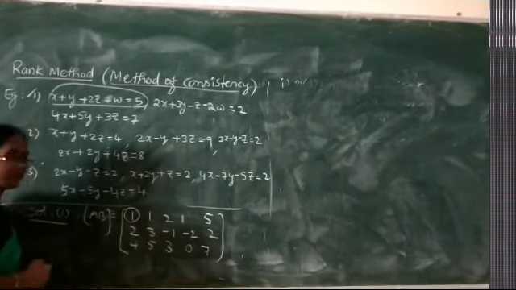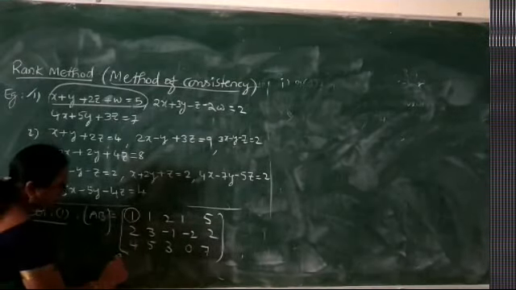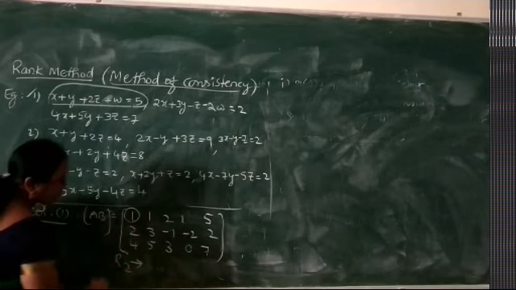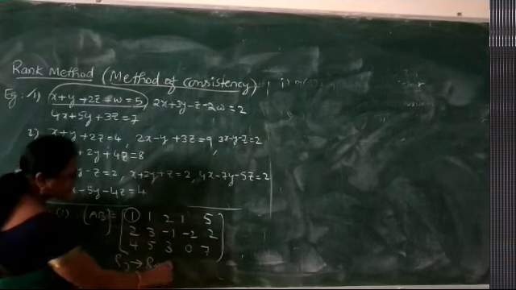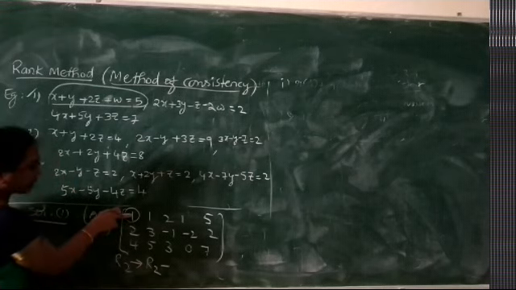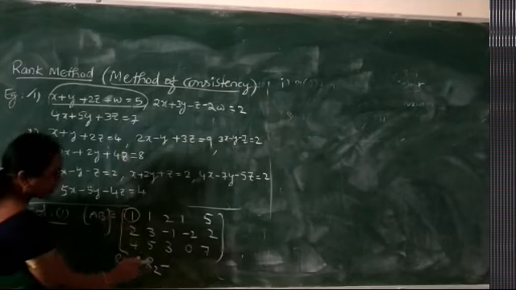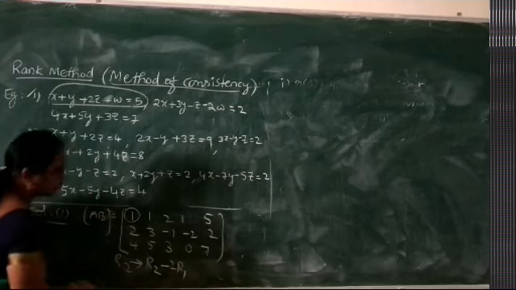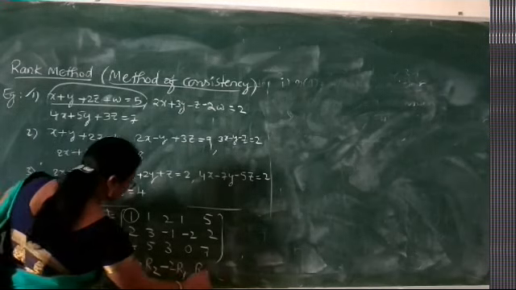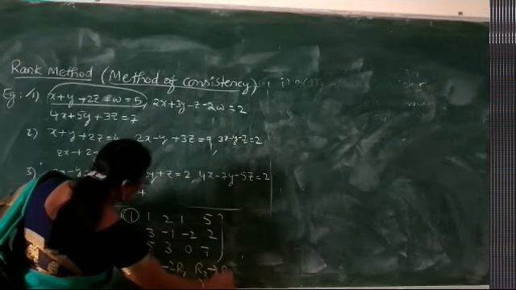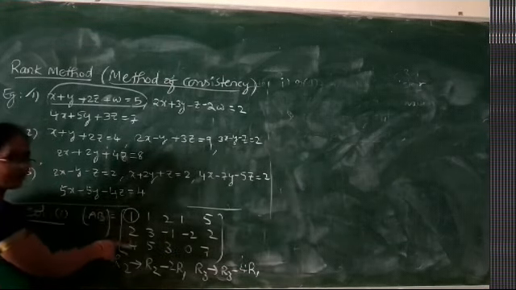So the first pivot is 1 here and non-zero. Using this one, let us make these 2 and 4 zeros. To make this 2 zero, R2 implies, we keep this 2 as it is, so R2 is written minus 2 times this 1. Multiplying this 1 with 2, we get 2, and 2 minus 2 gives us 0 here. So R2 minus 2 R1. Similarly, to make the 4 zero, which is in R3, it is R3 minus 4 into R1. 4 minus 4 times 1, we get 0 here.